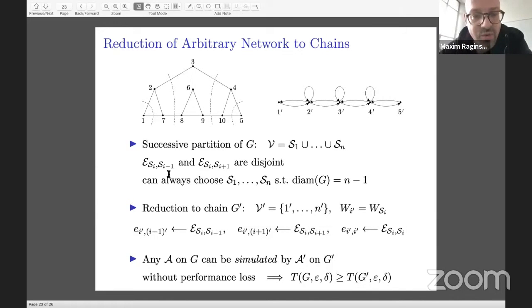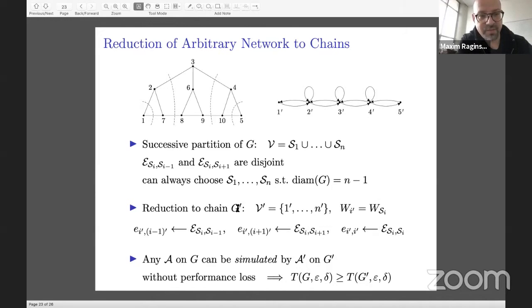And you can actually always choose these subsets in such a way that the number of subsets that you partition the vertices into is equal to 1 plus the diameter of the graph. And the idea is essentially to fix one node, look at all the nodes within one hop, within 2 hops, etc. So this gives you concentric spheres in the graph distance, and then just partition things in that way. And the idea is that once I do this, I can essentially simulate the protocol running